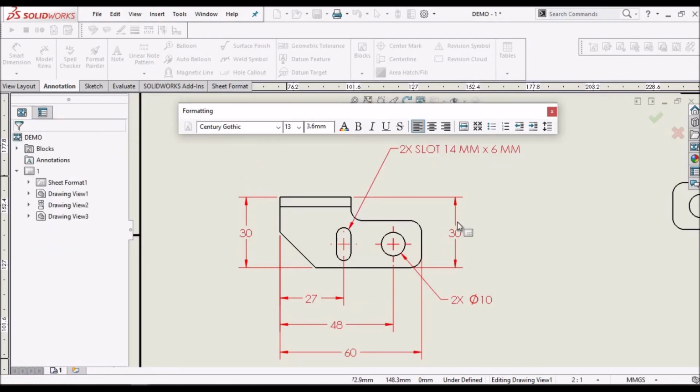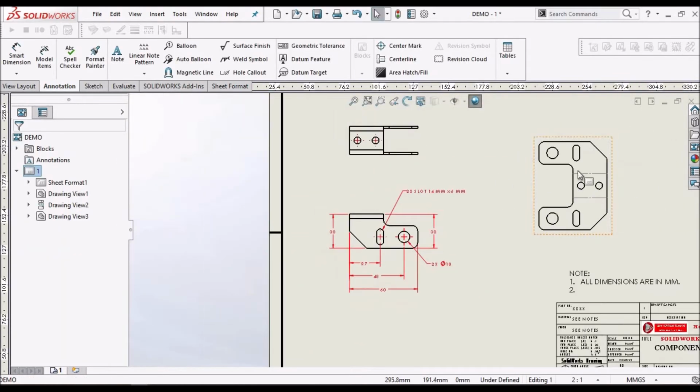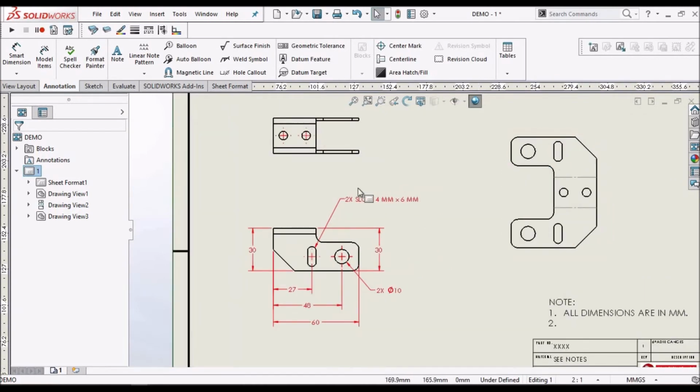This is how we have to give if 2 slots are available. Same notes we have to give here also.